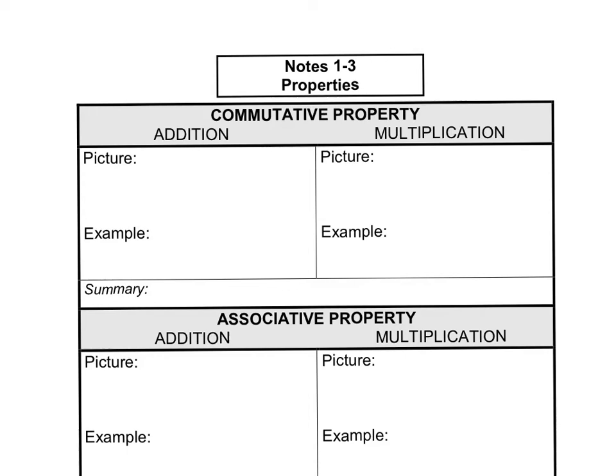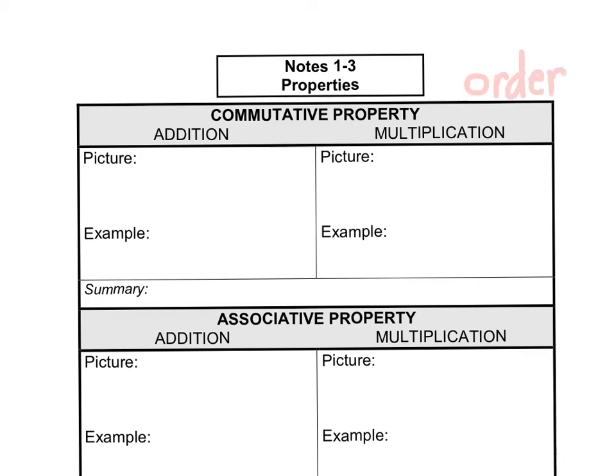Today we're going to talk about the properties. There are three properties that we will discuss: commutative, associative, and distributive. You need to be able to tell the difference between all three of the properties. The commutative property states that the order can change